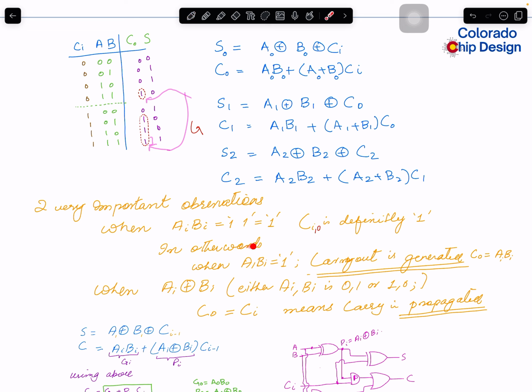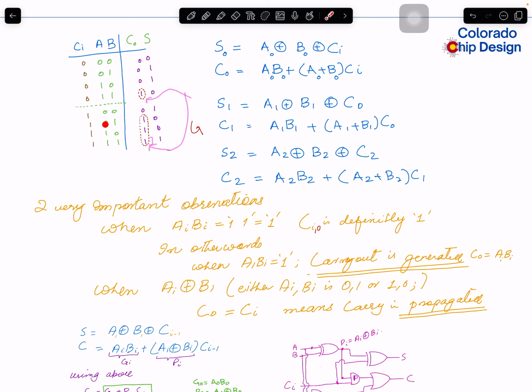Or in other words, when the AND of A and B is 1, carry out is generated. Carry out is A and B. So we have taken care of this and this. Now what about these two? Okay, let's look into that scenario. So what happens is,